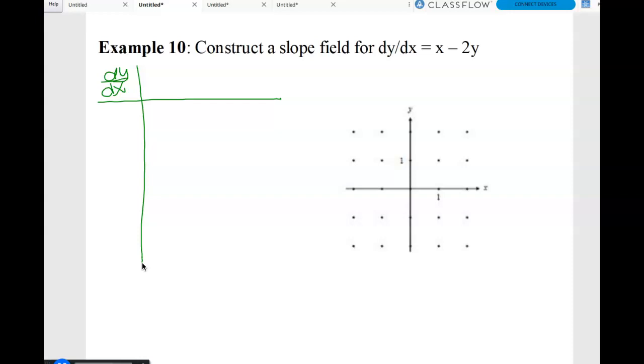So your first ordered pair would be negative 2, 2. And then you just plug in all of those points to get out your value. So if x is negative 2,